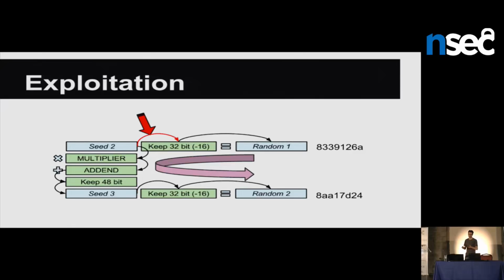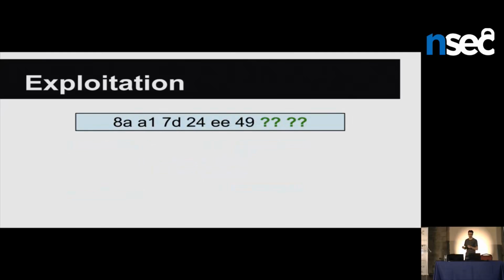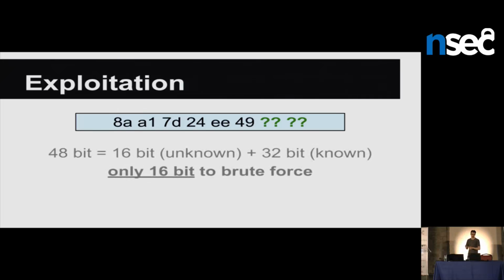So the first thing we see is there's not that much information that we're missing. If we have a value, the only part we're missing to generate the next value is 16 bits. So the only thing we need in those cases is to brute force the 16 bits, and then